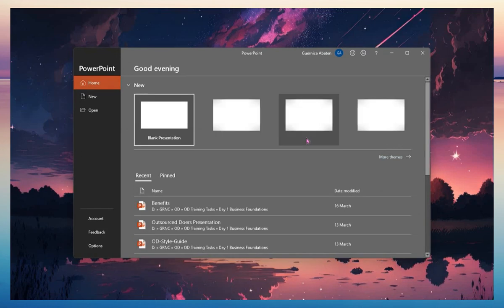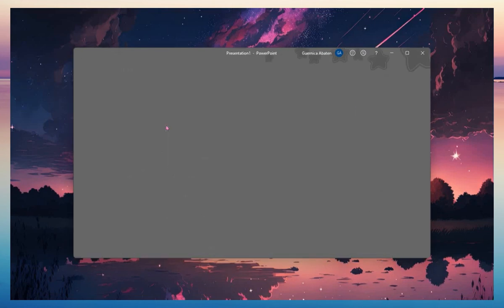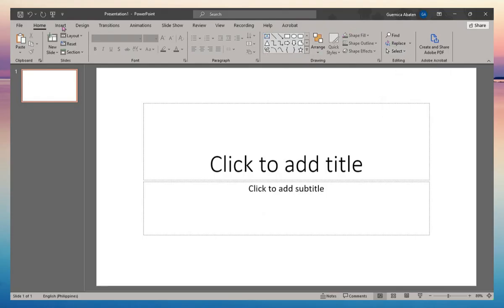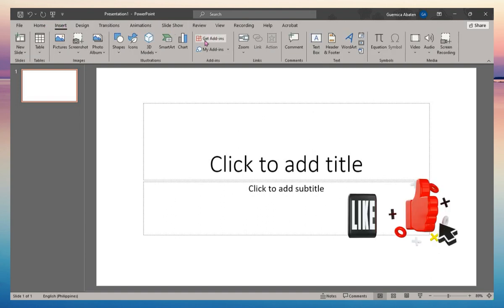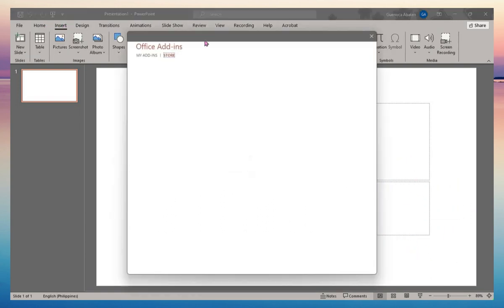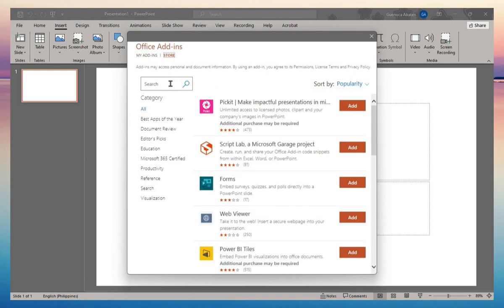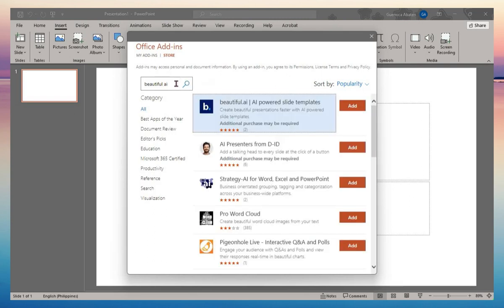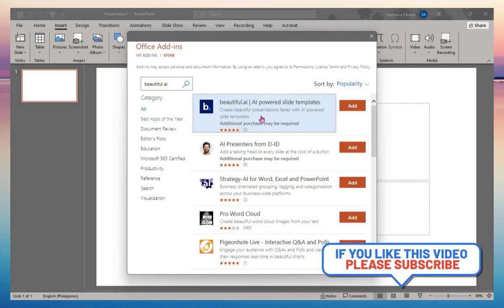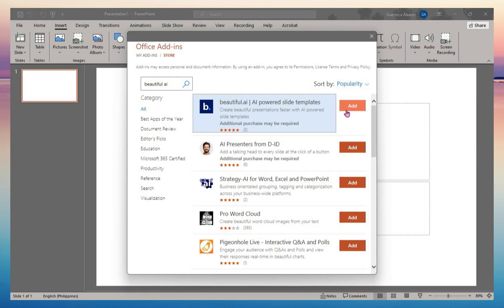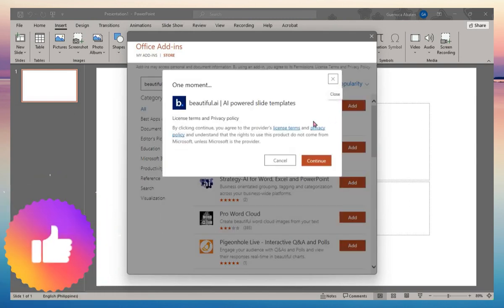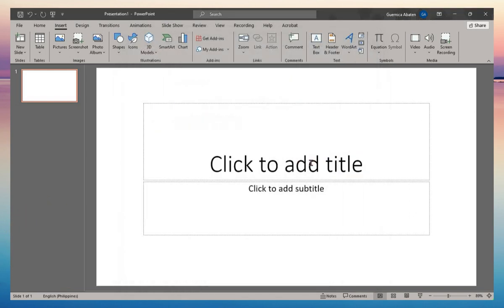The first thing you need to do is open your PowerPoint. Then go to your tools and click Insert. Then find Get Add-ins. Click Get Add-ins. And then in here, click the search bar and search for Beautiful AI. Click Search or just enter. And then Beautiful AI and other add-ins will appear. So click Add on Beautiful AI. Click Continue. And then at the top right corner, you can see that Beautiful AI is added as your add-in